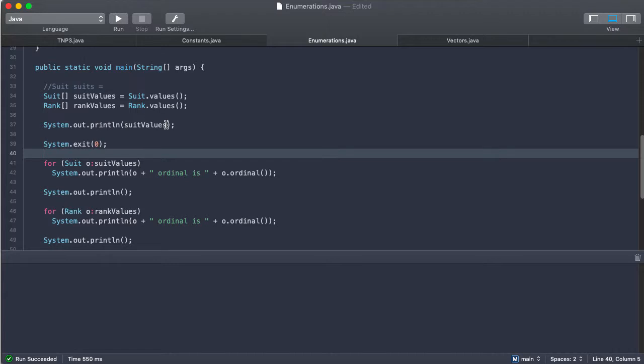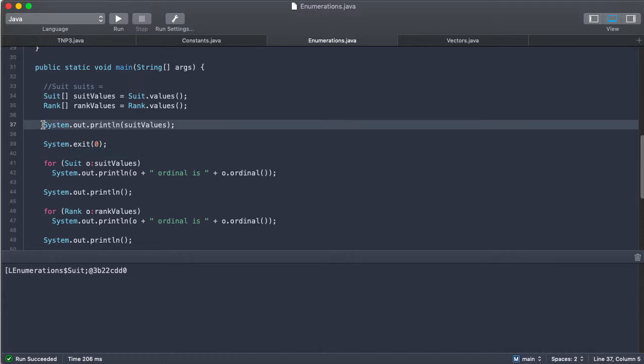So if I try to print suit values, this is an array. So what I'm going to see is something particularly interesting, right? The typical toString that we would expect. So suit is a subclass of Enum, and this is its hash value. Not really helpful at all. So we wouldn't tend to do things quite that way to see what's inside of that particular array. What I'm going to do is I'm going to